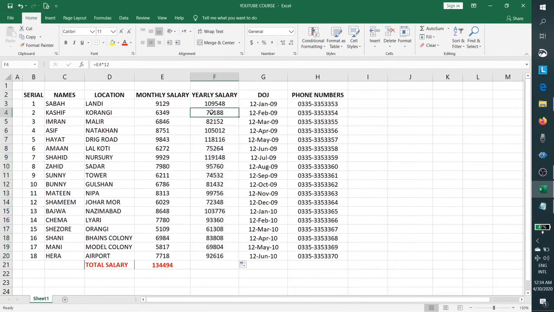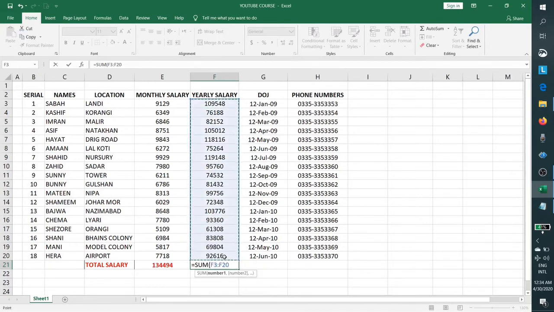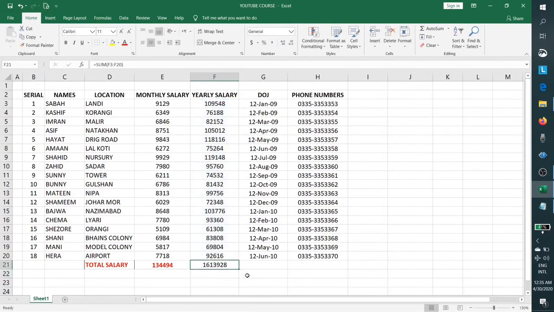You can see here the reference number has changed to E4. The first reference was E3, the second reference is E4, and so on till the last. If you double click here, it will give you the reference of the cell for which the formula is selected. Again, let us go to the sum function, select all your ranges, then close the braces and press enter. It is giving you the sum of all the salaries. This is how you can make addition and multiplication.